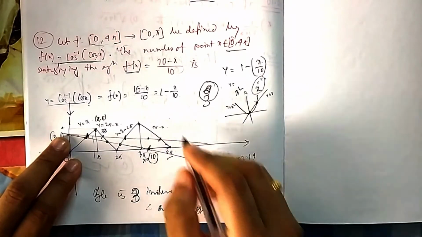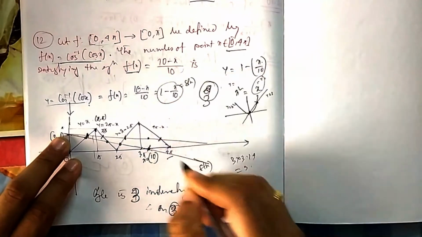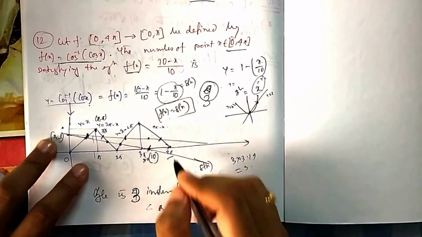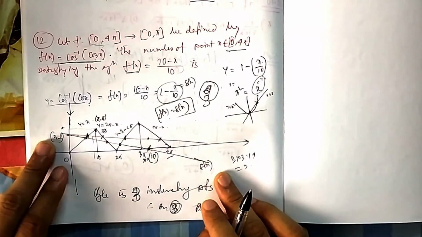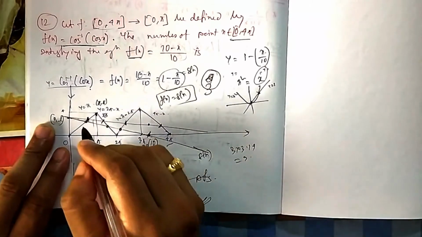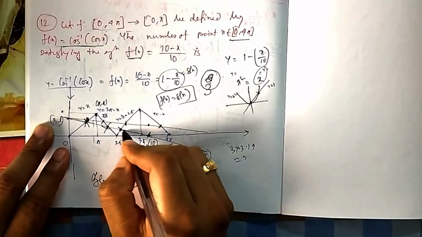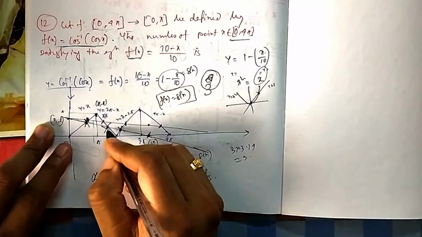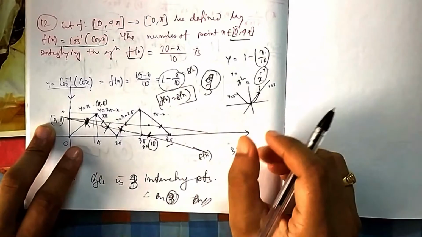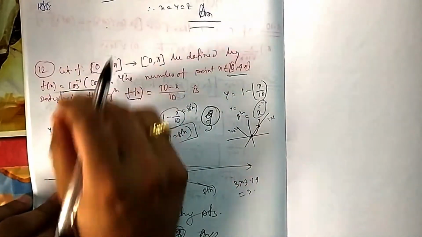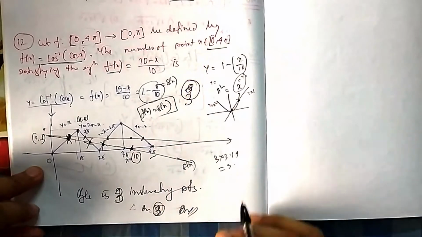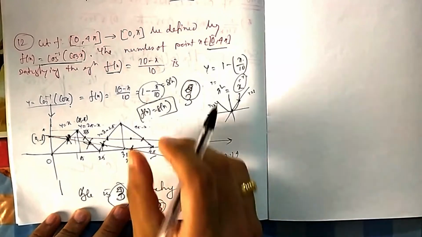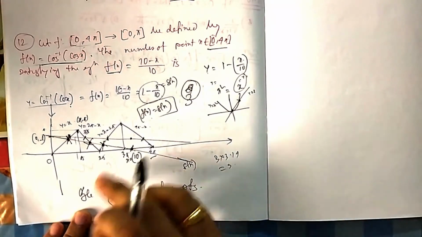Suppose this line I have considered as gx. So your fx should be equal to gx. fx is this triangle and gx is there. fx is blue, gx is black. So you see the number of points they make: 1 point, 2 points, 3 points. So these are the solutions. At 3 points they are meeting each other. If you solve these 3 points, you will find that at these 3 points the heights are equal. Whatever answer you get from here, the same answer you get from here. They are asking the number of solutions or number of points which satisfy this equation. That means these 3 which satisfy fx equal to gx. The number of points is 3 cutting points.